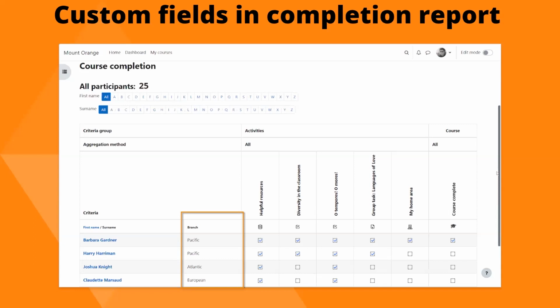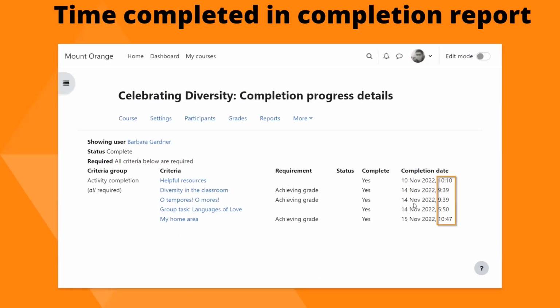The other feature, which I particularly like, is if you click on an individual user to look at their individual course completion report, not activity completion, by the way, course completion, you will see that as well as the course completion date, which we've had forever, you now have the precise time when that activity was completed. And in some instances, this is a very important feature, requirement to have. So completion time, as well as the completion date.